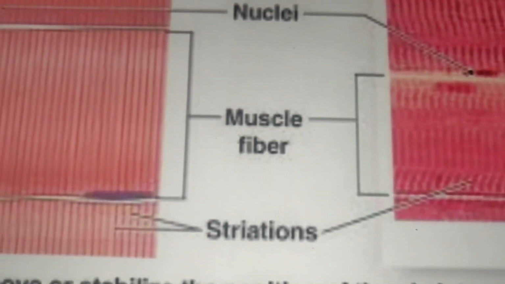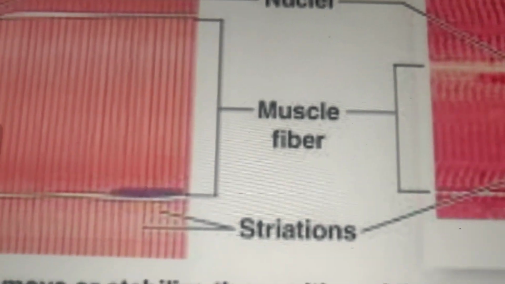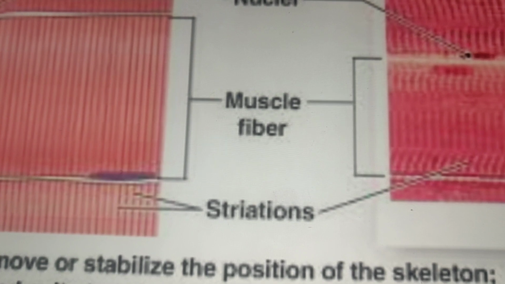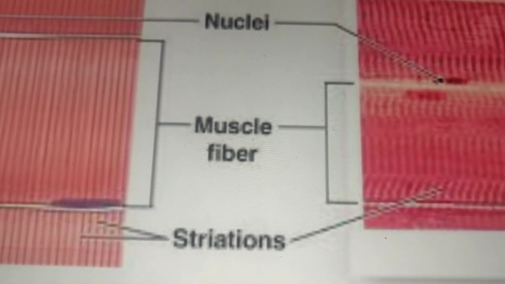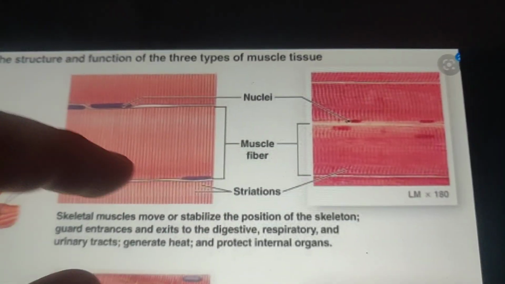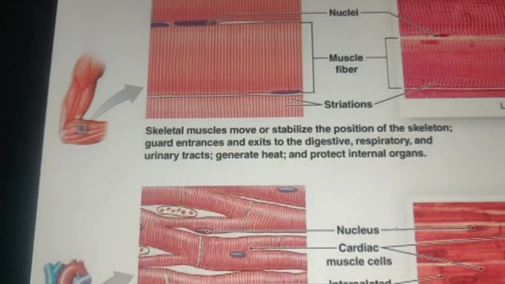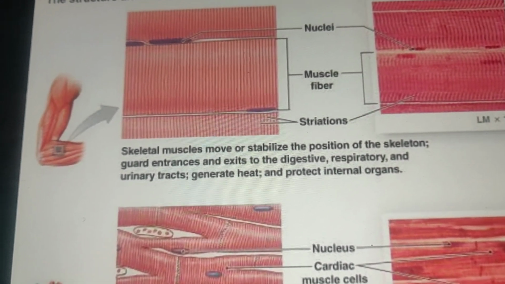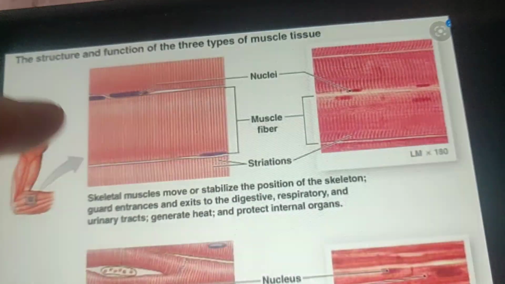The cells present inside are generally cylindrical in shape and may be as long as 35 centimeters. Each cell is generally called a muscle fiber. This we have already studied. It has several nuclei situated under the sarcolemma, or cell membrane, of each fiber. So here you can see the nuclei are present, beneath the sarcolemma of each cell membrane. That is about the